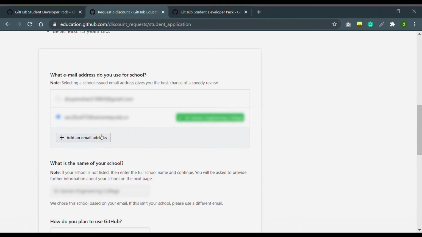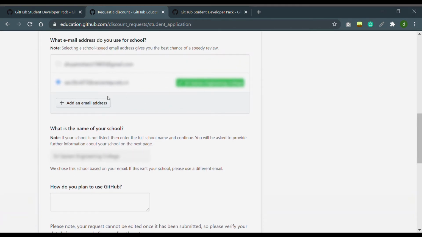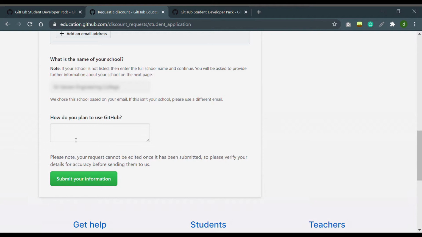If you are using your school issued or college issued email address, your college or school name will be automatically detected. So in the next question, that is what your school name is, it will automatically fill in your school name if you're using your school or college issued mail. If not, you have to fill in the correct name with correct spelling, and make sure you're giving everything properly.